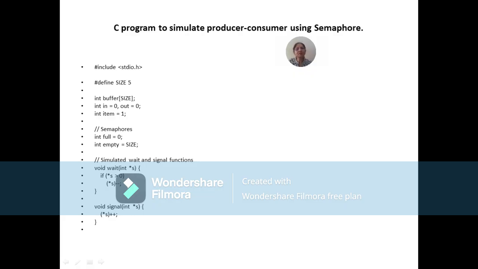This is a C program. We are going to save it as a .c file. The first line is #include. This is a preprocessor directive that is used to include the library file. The library files in C are also known as the header files. The name of our header file is stdio.h. std stands for standard, IO stands for input output.